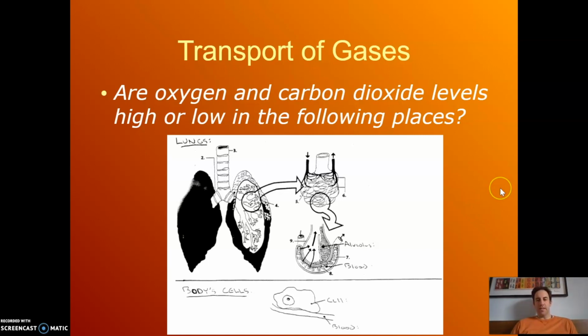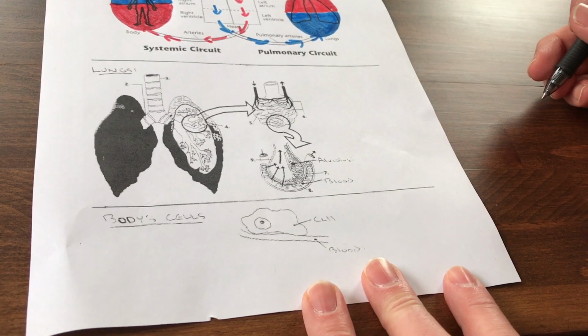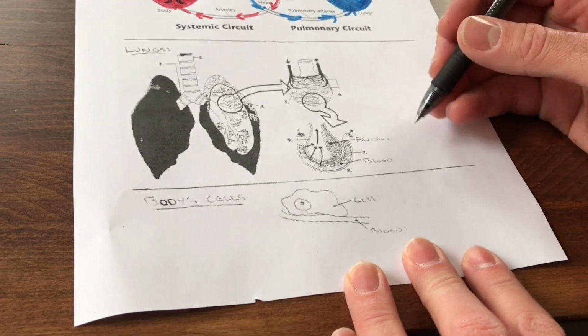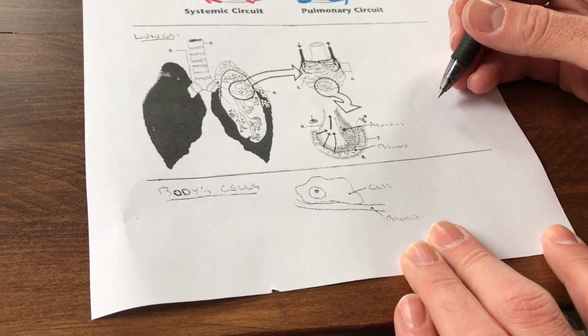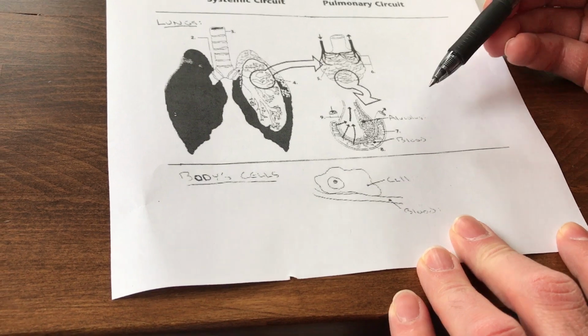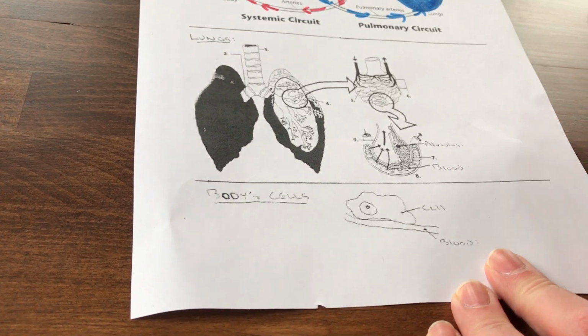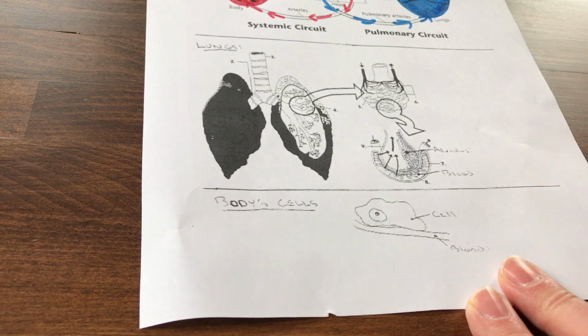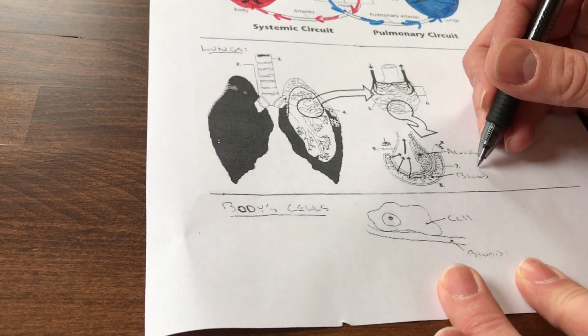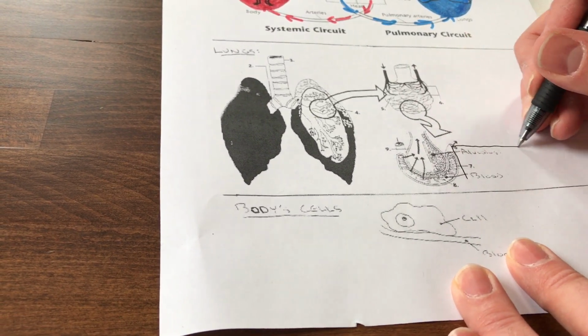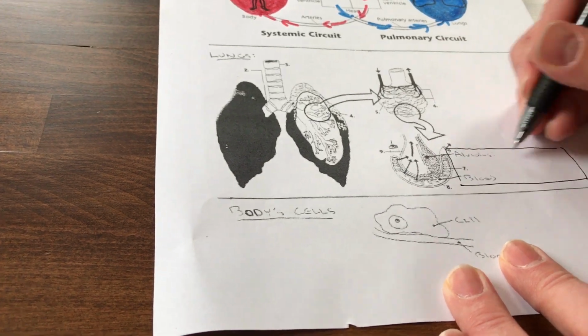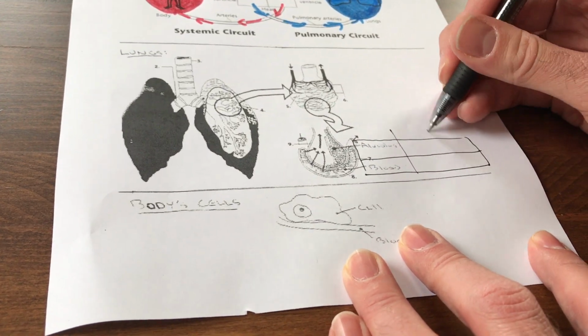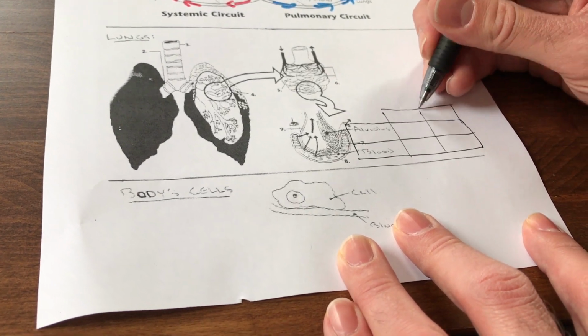So again, we're going to look back at that picture that you have from the study guide, and I'm going to play a little clip where you can see how those gases move. Okay, so on this bottom half of the diagram, we're going to look at how diffusion actually takes place. Like, how does the oxygen, and why does the oxygen, go from the lungs into the blood? So to do that, I'm going to make a little table. So we have the alveolus and the blood. I'm just going to make a little box, and we're going to track oxygen